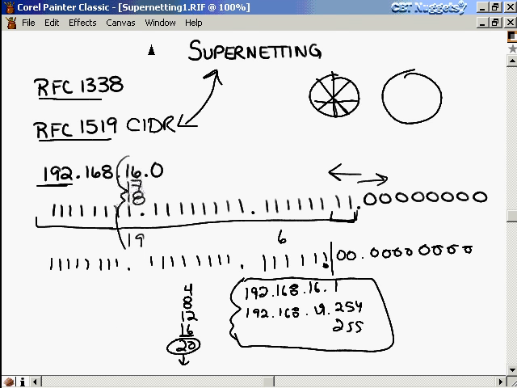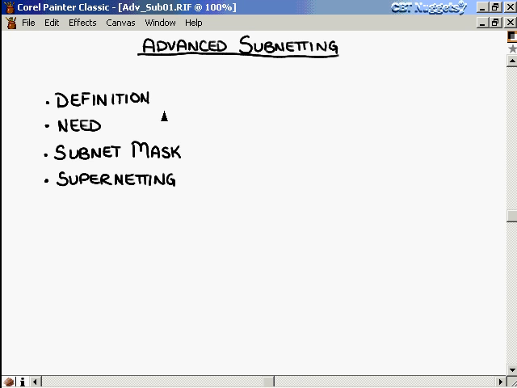In this nugget, we started by defining subnetting as the segmentation of a classful address into smaller subnetworks or smaller chunks. We also examined the need for subnetting, and that was the fact that we had an inefficient classful system. After that, we identified what a subnet mask was and how to use it. We understood that really what we're doing is borrowing bits from the host portion of a default mask so that we can use those bits within the network side to create the subnets. And at the end, we took a brief look at supernetting so we could identify that it was the act or process of combining classful networks into one larger network rather than having separate classful networks, especially in use with Class C